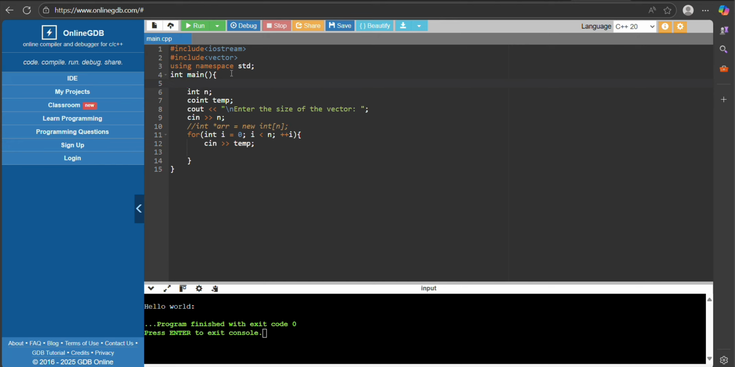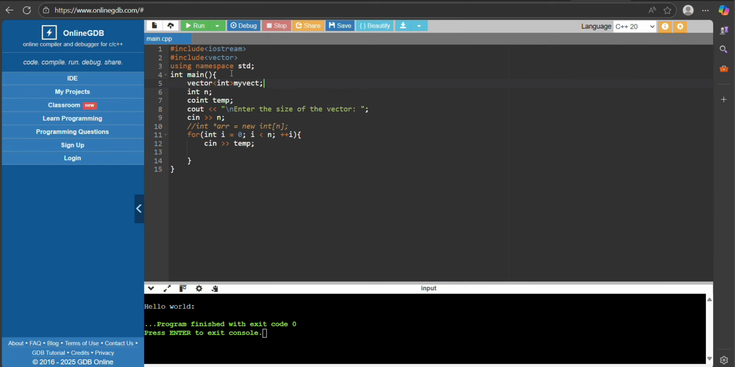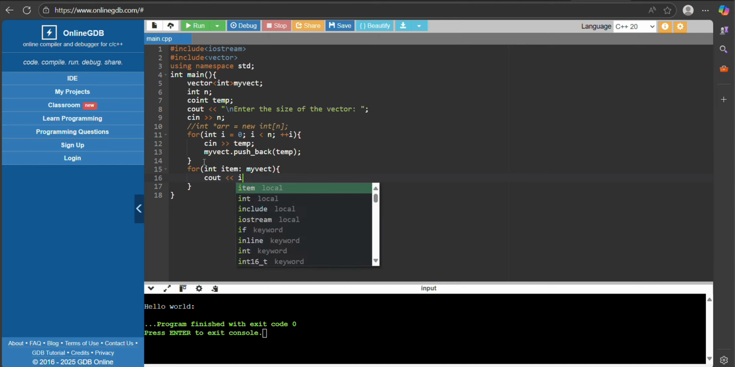We should allocate the variable also. Firstly, vector<int> my_vect. We will learn only how to print the vector, and I will also tell you how to print the size of the vector. For int item in my_vect, cout item